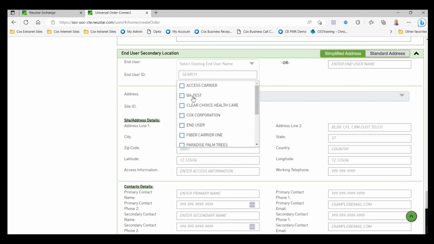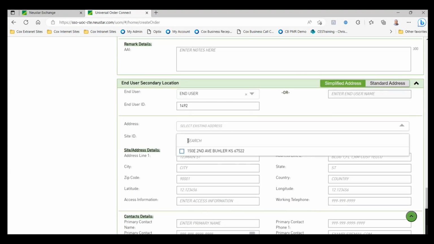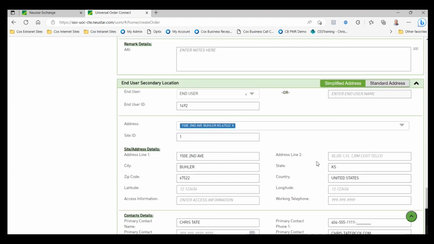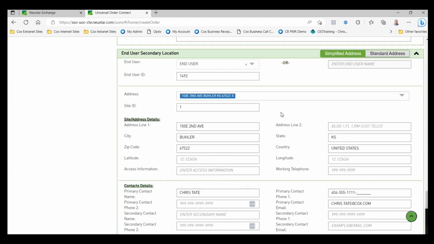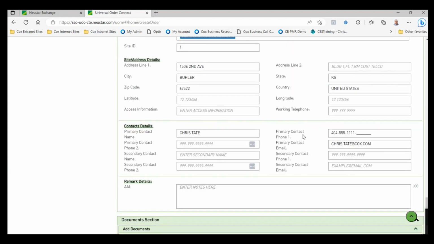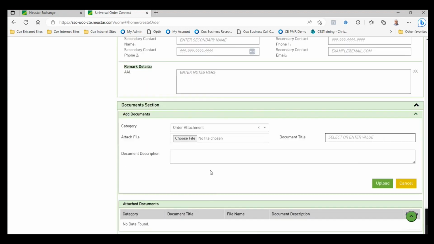My secondary location, select end user, and this site. And I believe that's all I need to populate. And then down towards the